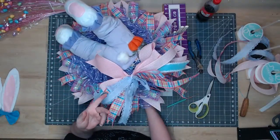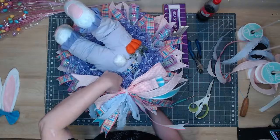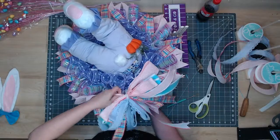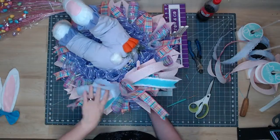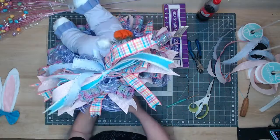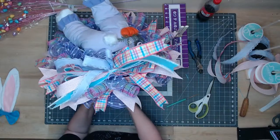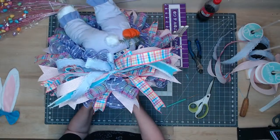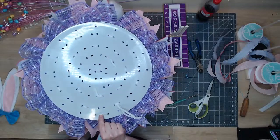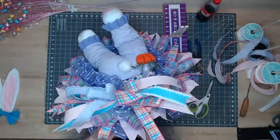All right, so when you're putting your bow in, you don't want to pull it down far into the wreath. You're not trying to pull it down to the board, but you want to pull it down far enough that it's snug. Okay? You want it snug into your wreath. You don't want it flopping around, but you don't want it bare because then otherwise it won't fluff well. Okay. So here's the top, here's the wreath hanger, and then here's where I put the bow. So just a little over to the